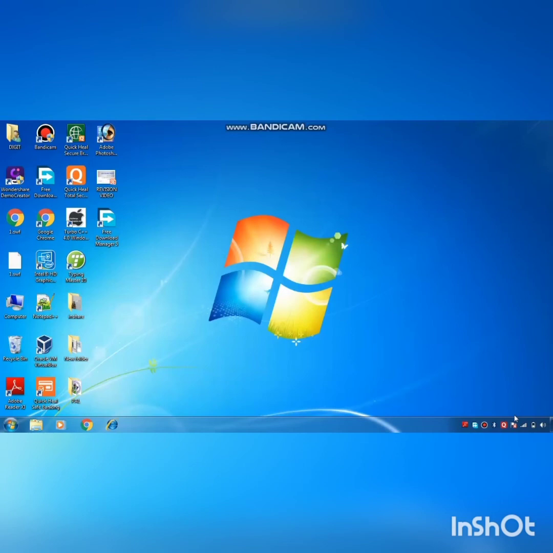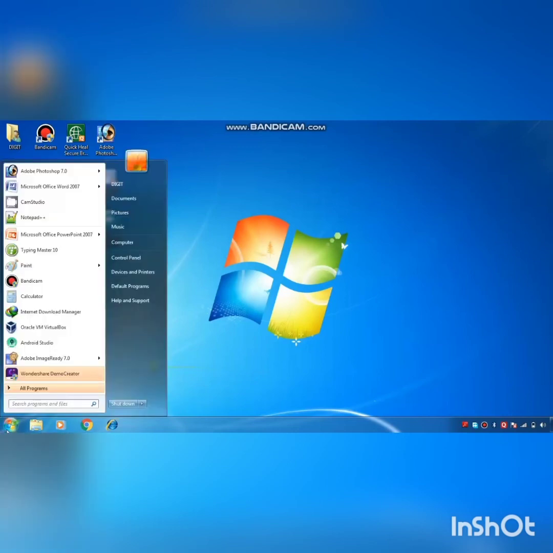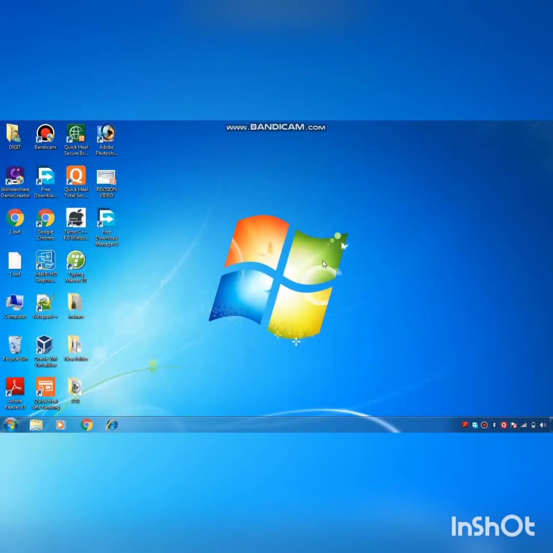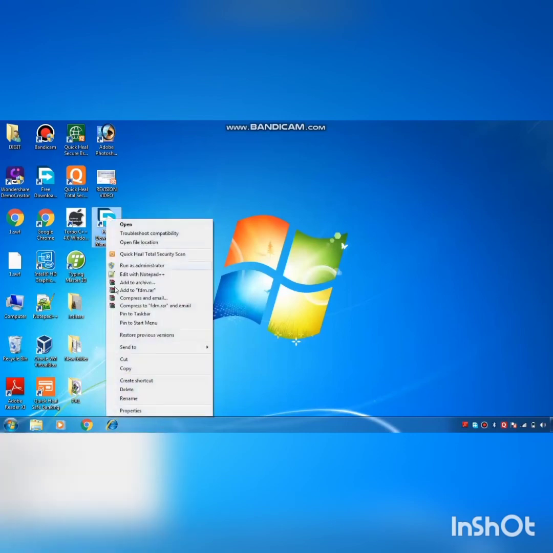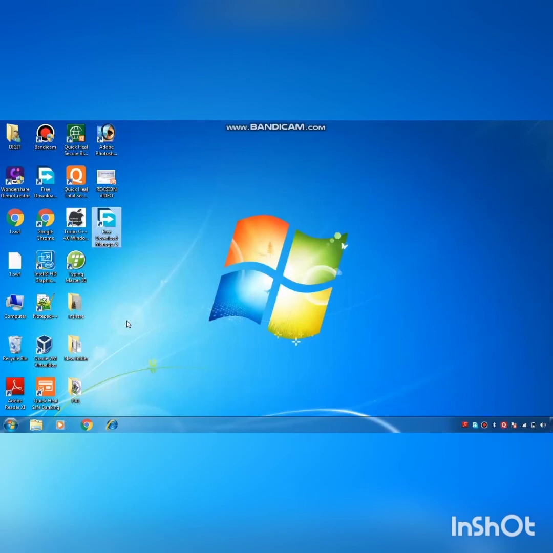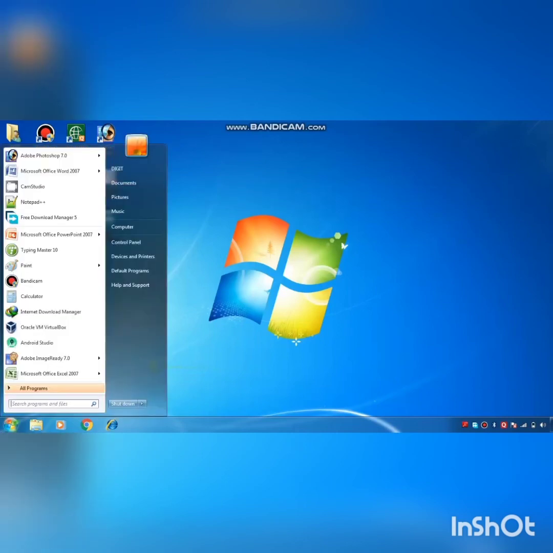Now the next practical, that is practical number 4, is customizing the start menu. So you can also modify the start menu option as needed. This one is your start menu. If you are a frequent user of any program and you want to pin it to the start menu for quick access, then you can just right click on the icon and select pin to start menu. Now look at your start menu here. Your Free Download Manager 5 is found in the start menu option.